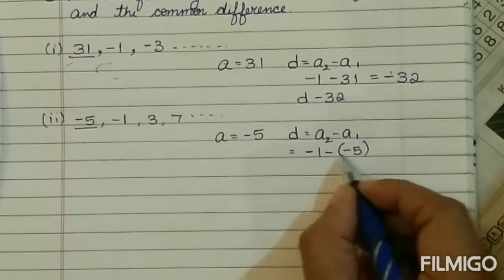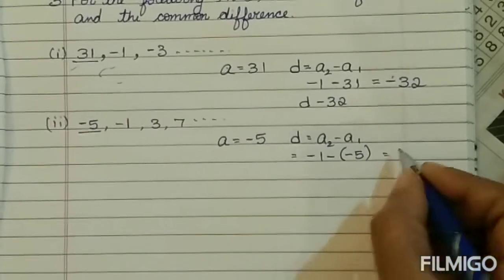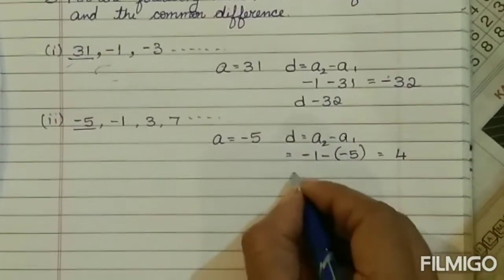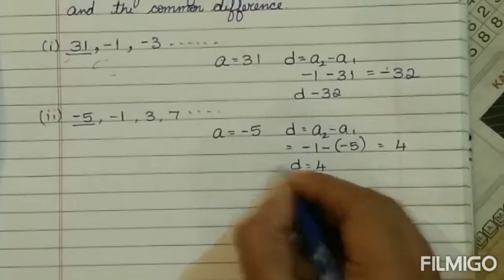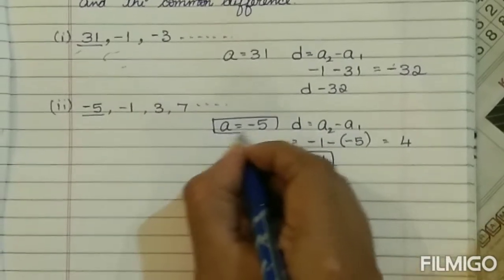Now minus and minus, plus plus, 5 minus 1, 4. Answer will be plus 4, so D equals 4. Next,